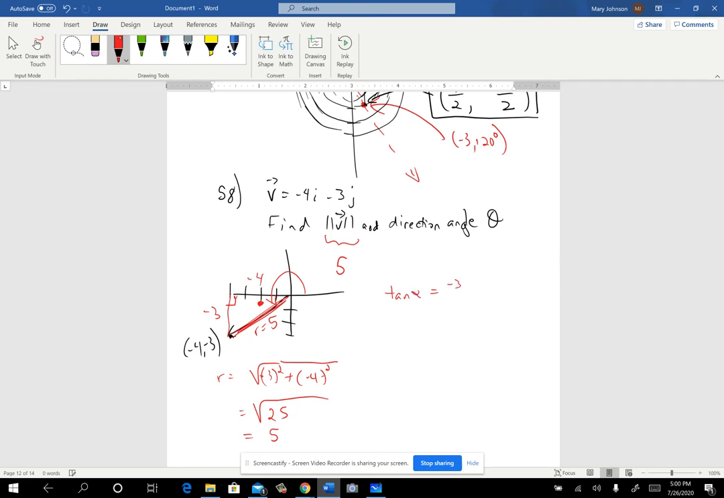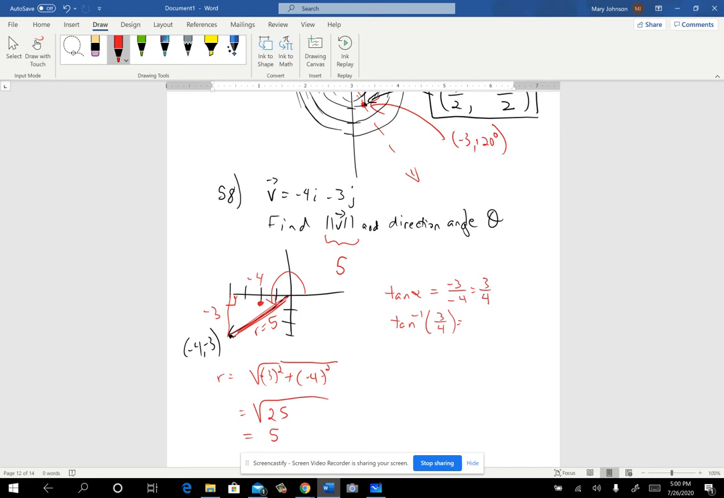That's opposite over adjacent, so that's 3/4. So I'm going to wind up going in and doing the inverse tangent of that, right? So the tan inverse of this value right here is what I'm going to be thinking about. All right, now when you do the tan inverse of that,